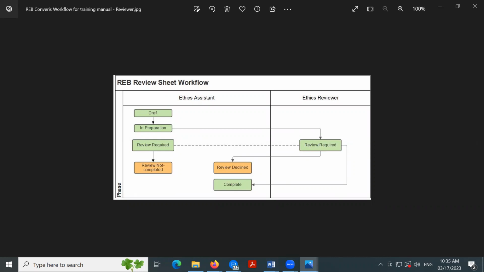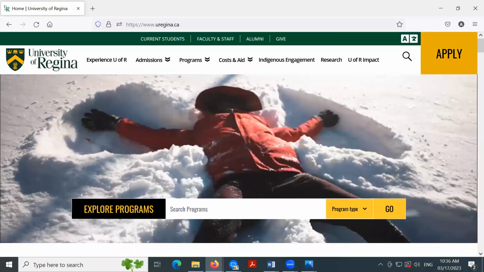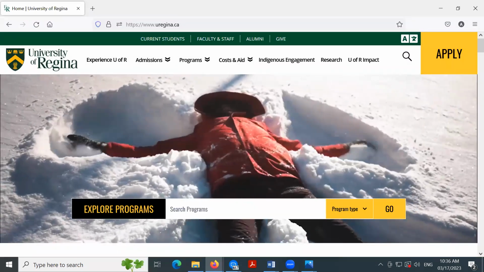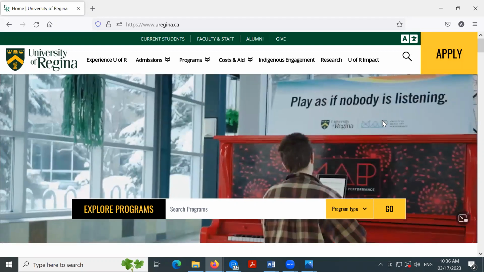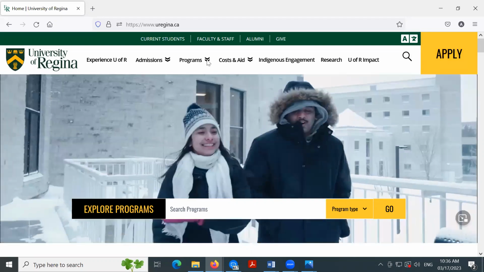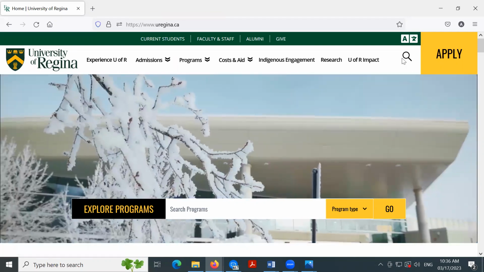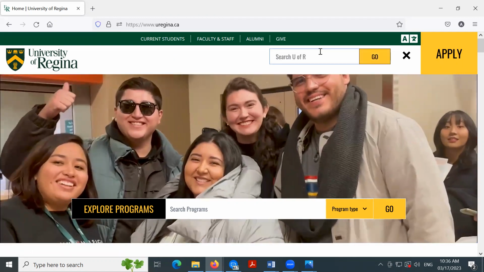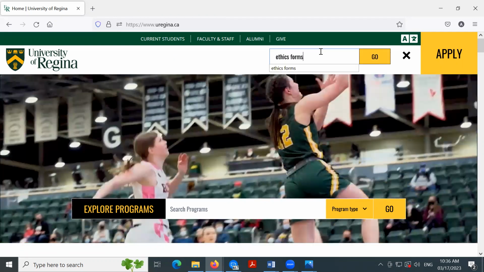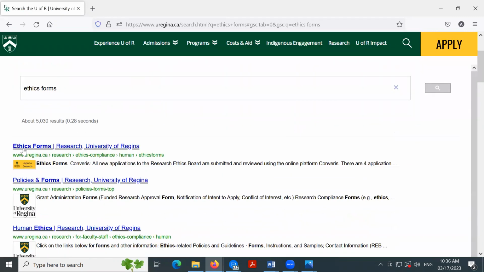So to begin with, you're probably going to want to start on the forms page of the ethics website. The easiest way I find to do that is to go to the University of Regina homepage, and in the top right corner, there's the search button. If you put in ethics forms and hit enter, usually the first option that pops up is going to be